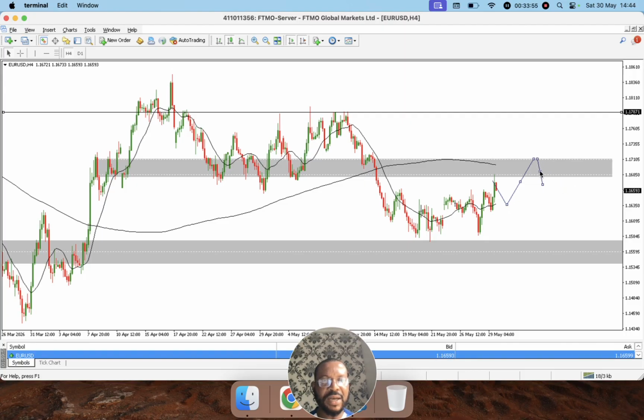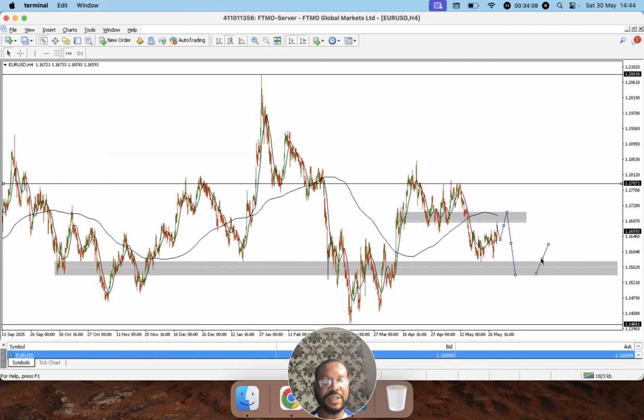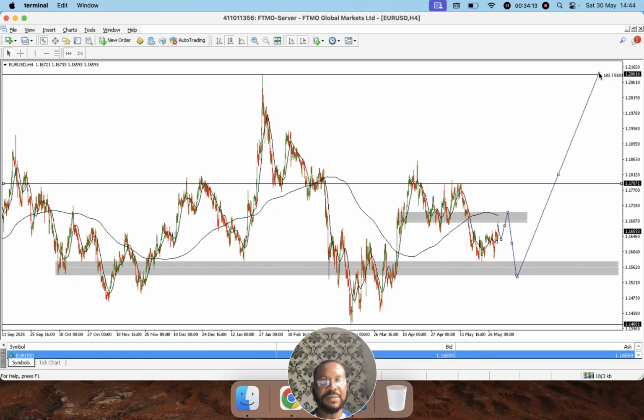It is when the sellers come down, when the buyers get here and they get weak and the sellers come, I want to join the sellers here, take the price to this support area. For me, I will exit my position because I expect the buyers to come in from this point. Then I will join the buyers. I'll take this price back to this